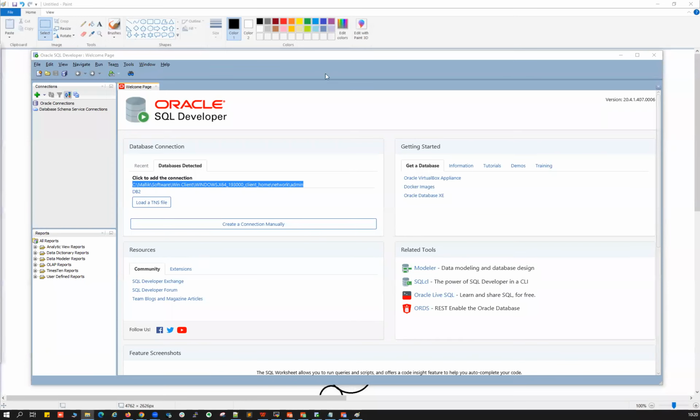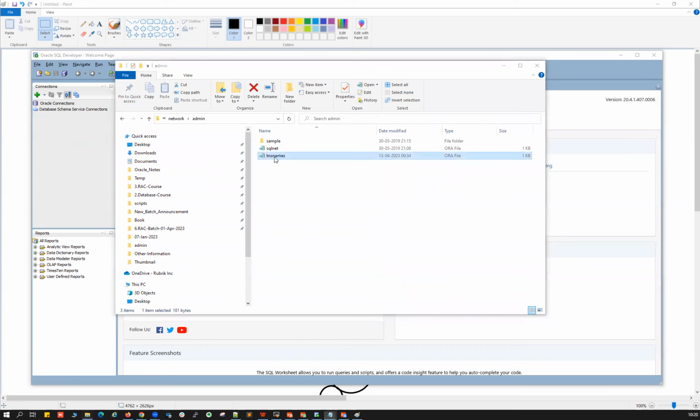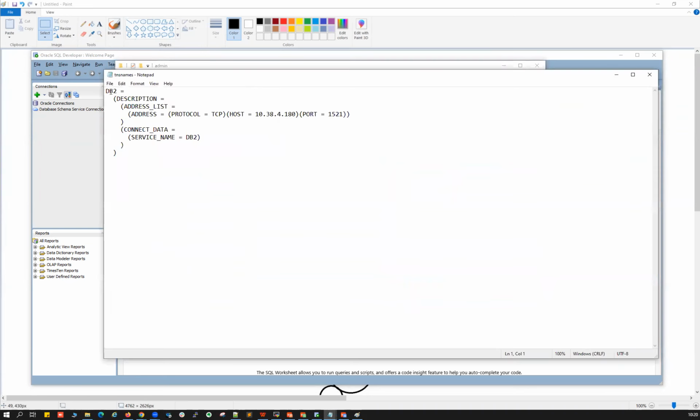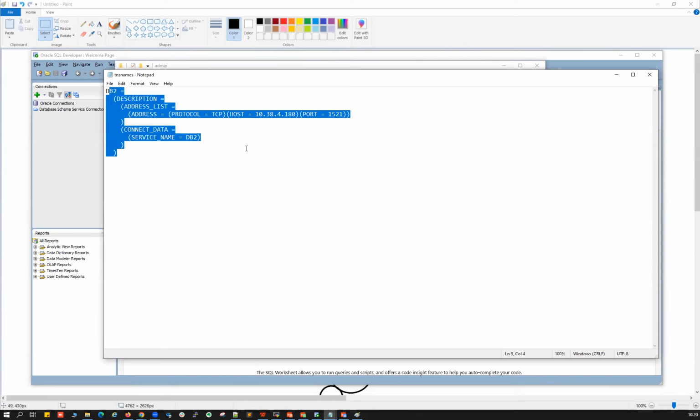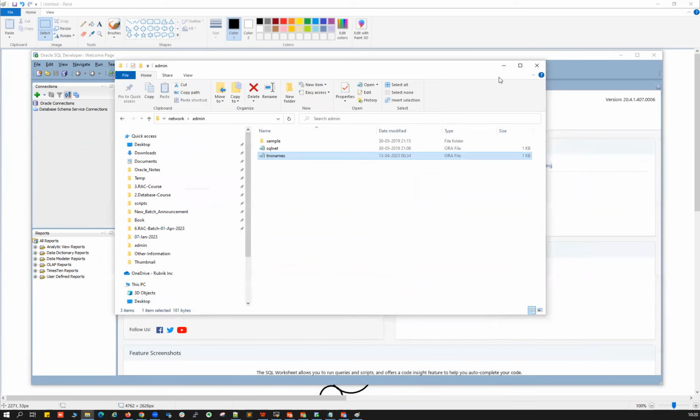This is the TNS file, client side, network admin. If I open the TNS file, he can put all those details: DB2, protocol, host name, port, and the service name. He can put them in the TNS file, or if you don't want to put them in the TNS file, at connection time itself you can give all these details. I'm going to show you how in a minute.